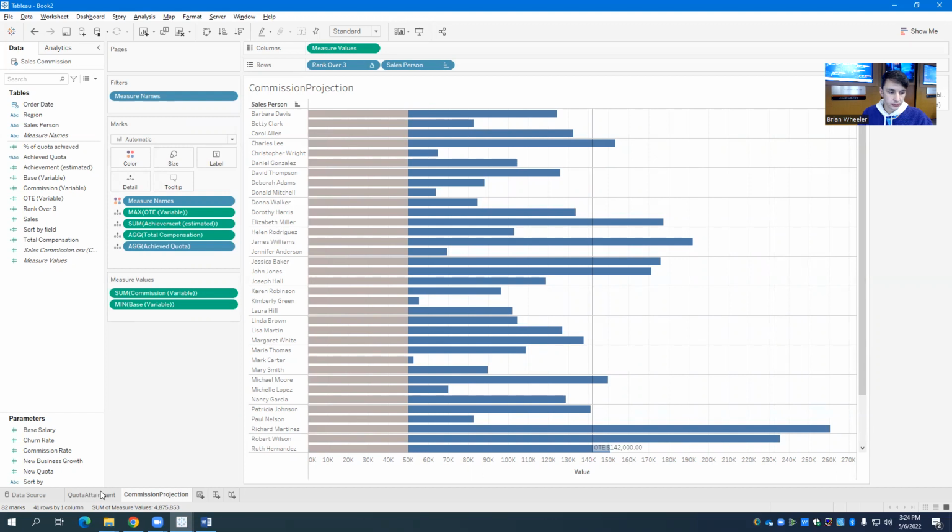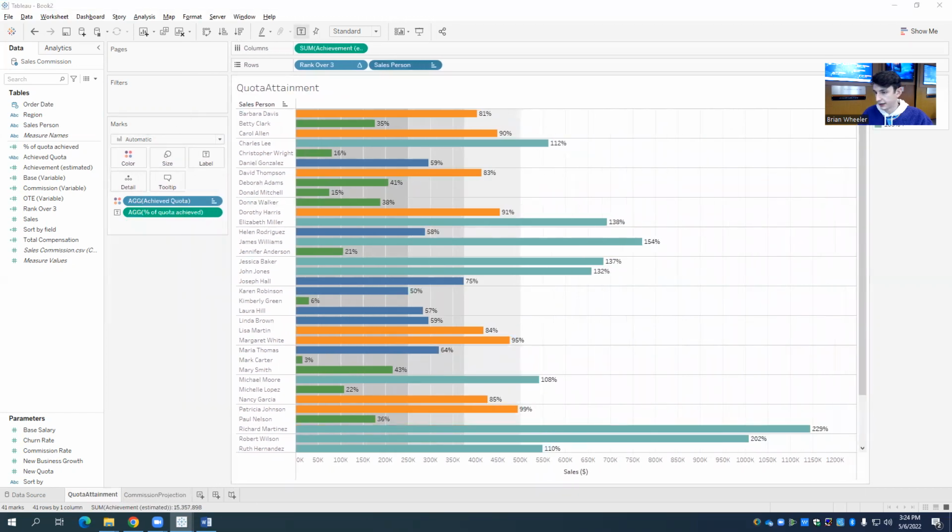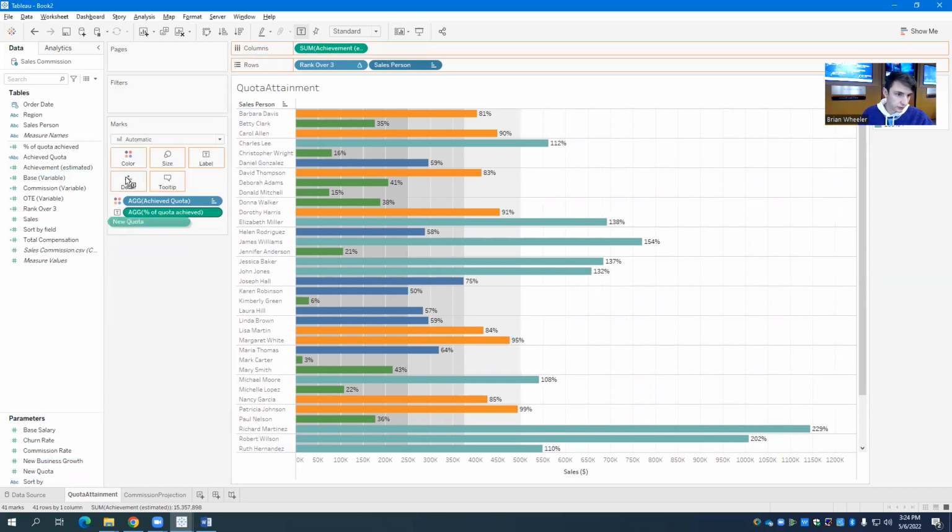And then we'll go to quota attainment and we'll do the same. So we want to make sure that we have new quota, which is a parameter, in our detail. And then we have total compensation in our detail. And looks like we need OTE variable as well. Excellent. So now we should be good to go to start on our next two worksheets, which are going to